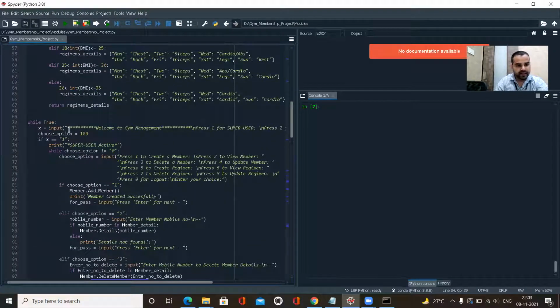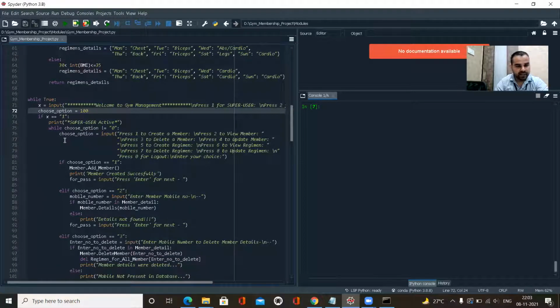I have written a while loop here, while True. Here I'm welcoming you to the program. Above all that are class methods. Now here I'm writing a loop, like the loop I have shown you in the programs, how it's going and not ending anywhere. If I log out, then again it will ask if you want to go ahead as a super user or as a member.